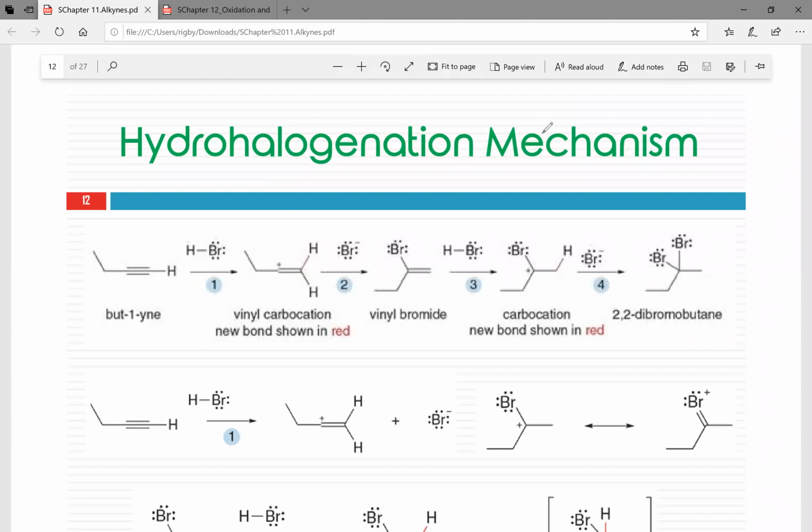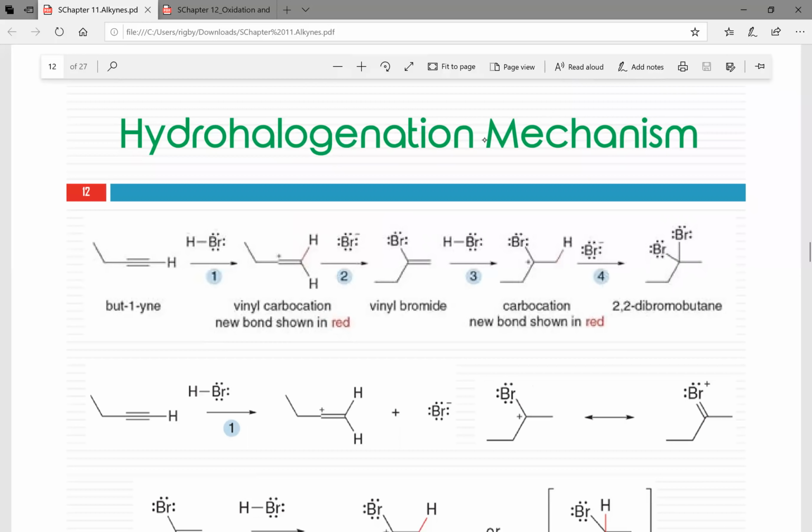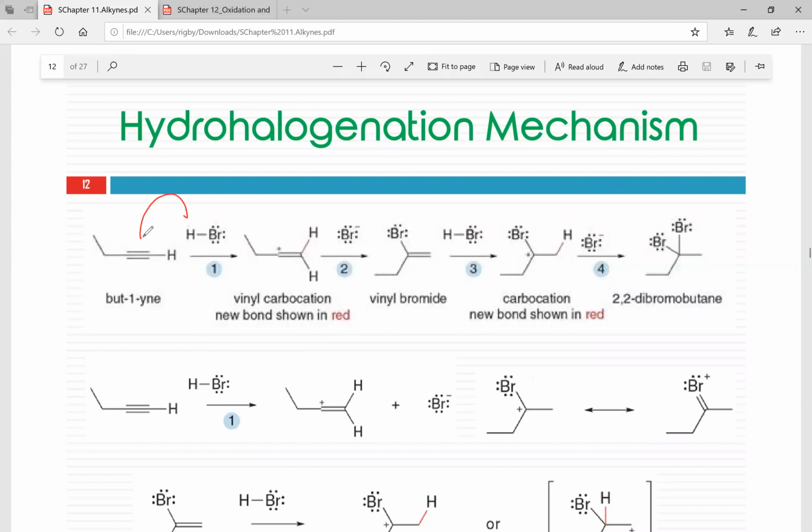So this mechanism should be pretty familiar to us, as with beforehand, we talked about with the alkenes, how the pi bond is first going to grab onto the hydrogen here. That hydrogen-bromine bond, hydrogen-halogen is going to break, and then we end up with a carbocation. And again, the more stable carbocation is the one that is more substituted. As a result, the hydrogen is going to end up adding to the less substituted carbon, aka the carbon with more hydrogens, okay? And then what happens is the bromine then attacks that positive charge,